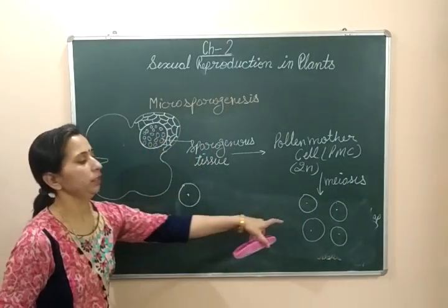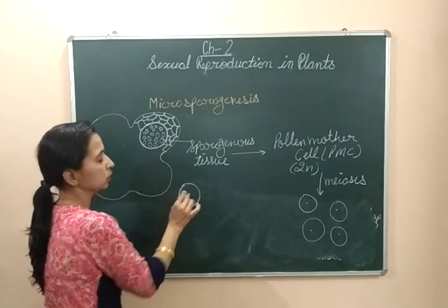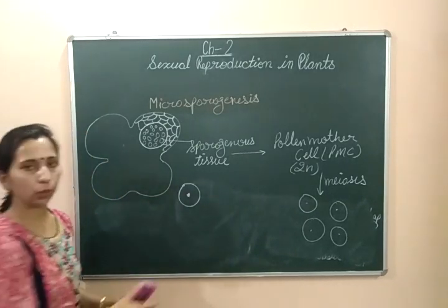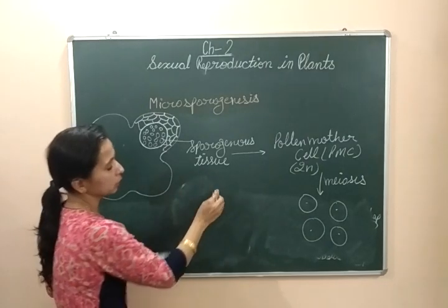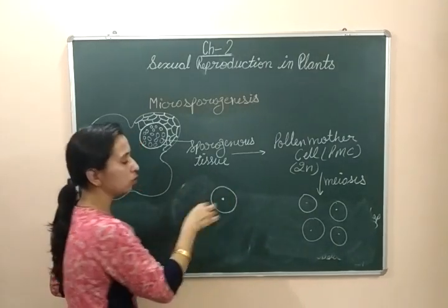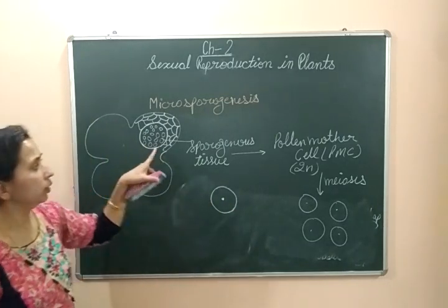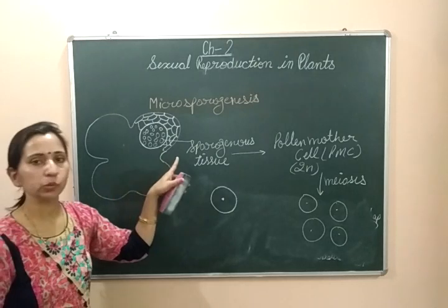So we will discuss the structure of each pollen grain. An enzyme is formed outside the pollen grain by the tapetum. The tapetum, as we discussed in the layers of the microsporangium,